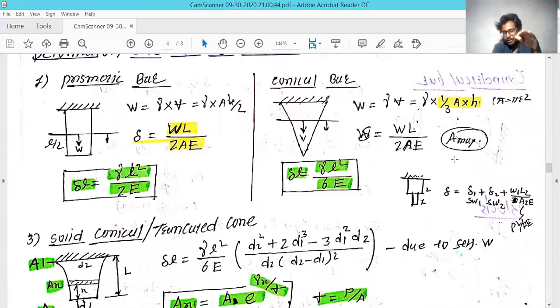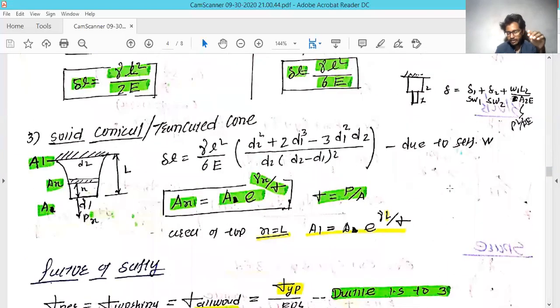And in another example, the change happens only when we have taken the small diameter at the bottom. If you take the small diameter at the top, in this condition there will be no change in the dimension of the bigger cross section, because you attach the small cross section at the top. So the only deformation taking place is in that small cross section. You have to remember this kind of example; they used to ask it in GATE.